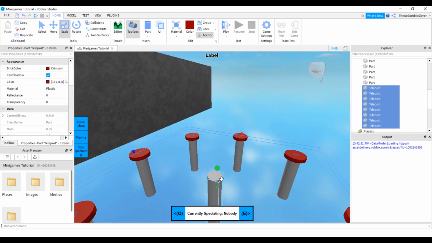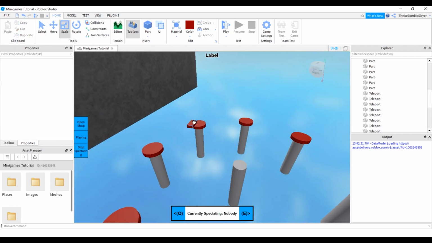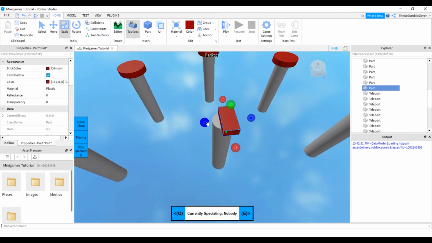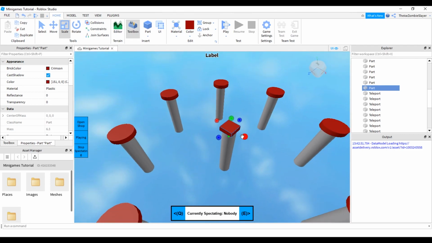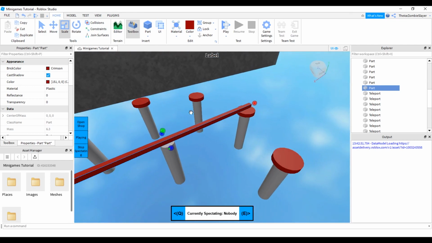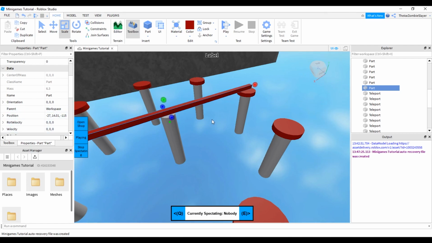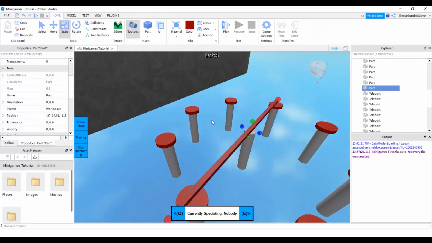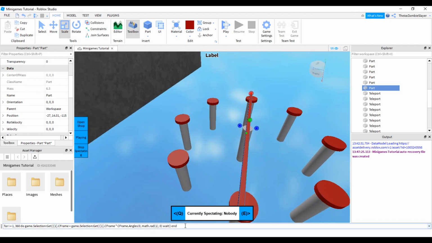Now the reason why I kept the sweeper out of here is because I want to show you how it's going to work. I don't want to just skip through this part because it's kind of important. Some of you I'm sure know about CFrame and some of you don't, but CFrame is basically like positioning with Vector3, but it also includes rotation. If I were to set the CFrame for it to rotate like this,